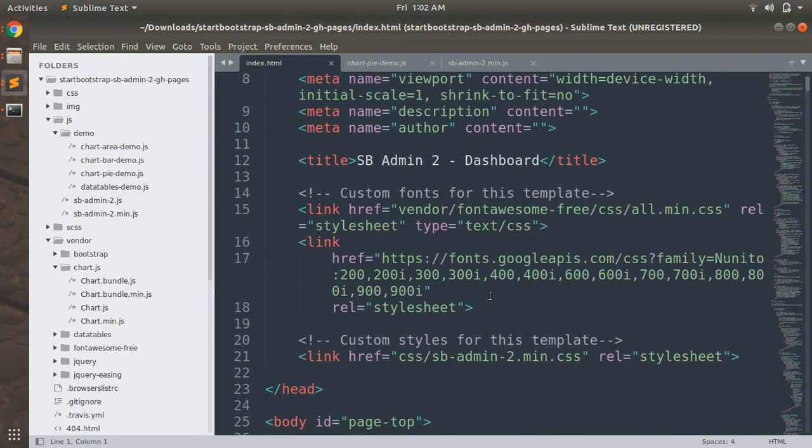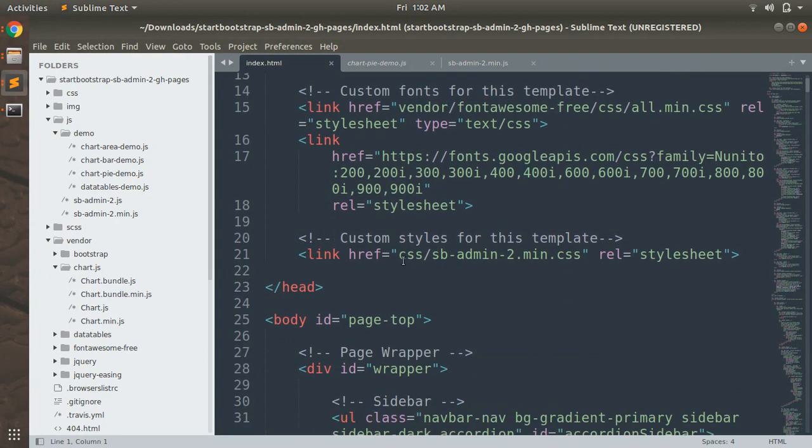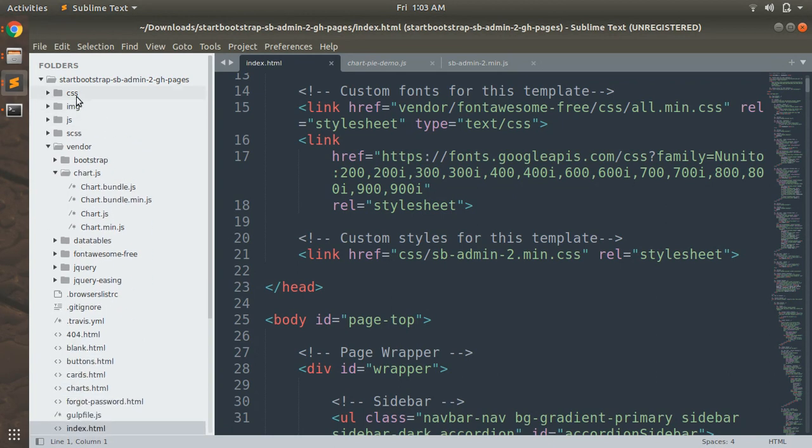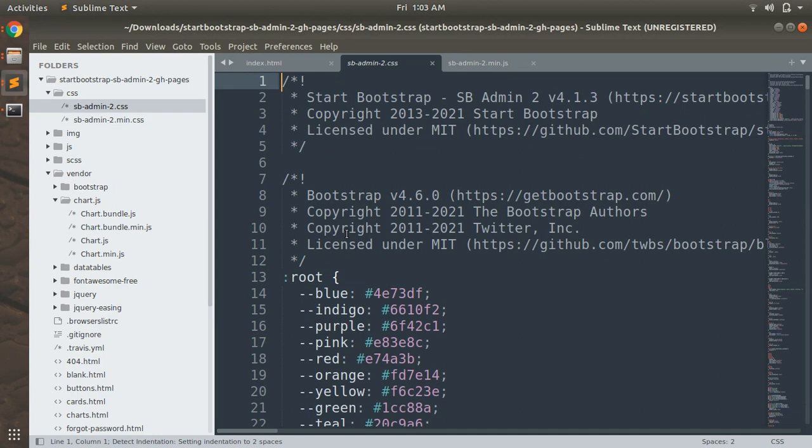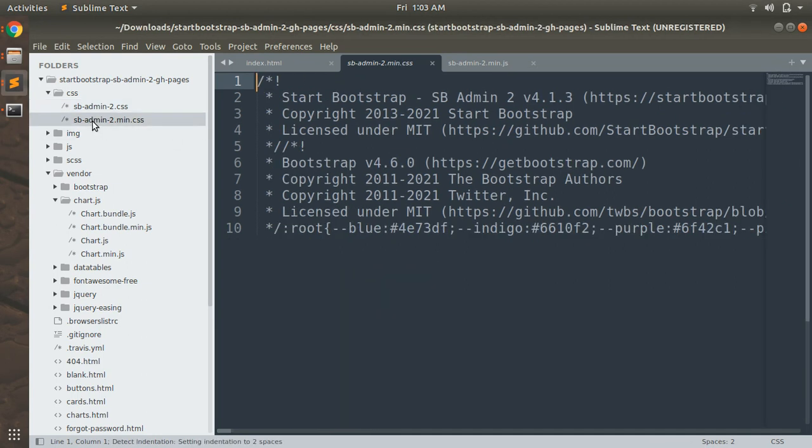Now check here, it has imported sbadmin 2 min.css. Now open the css folder, and you can find sbadmin 2.css, or you can also find 2.min.scss as well. But we're gonna use scss here, because we are using application.scss in our project,